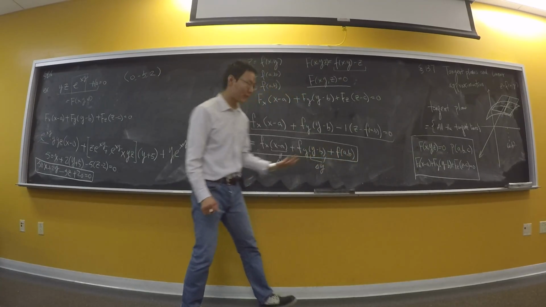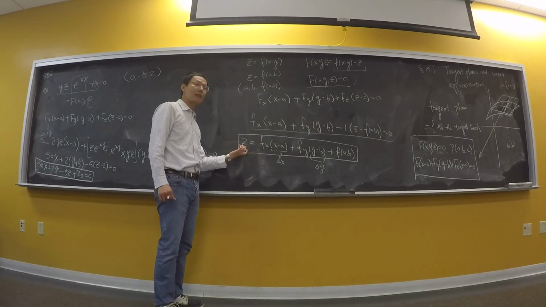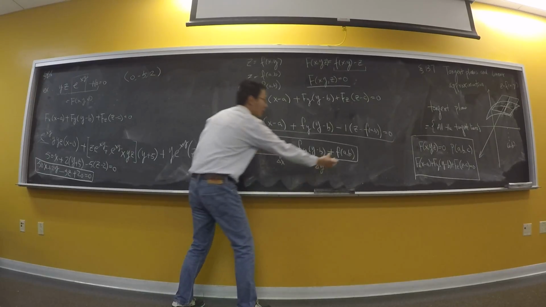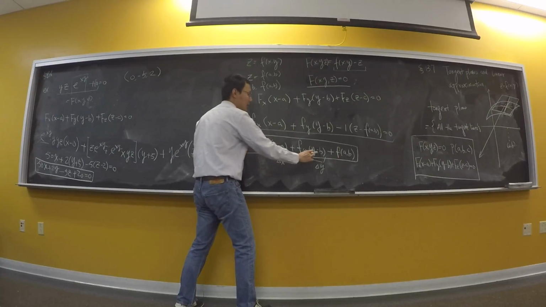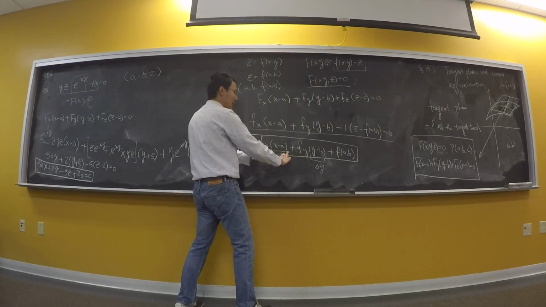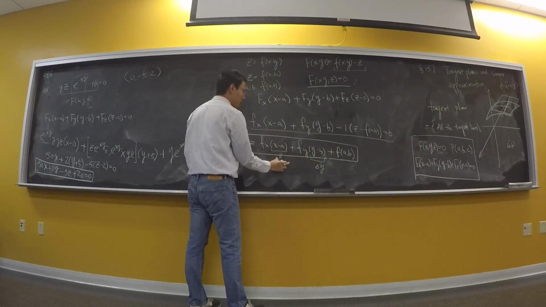Are you with me? So I want to find the function value after the change. This is the function value before the change. Right? So from (a,b) to (x,y). So x is changed by delta x right here, y is changed by delta y right here. Because I have two independent variables, I need